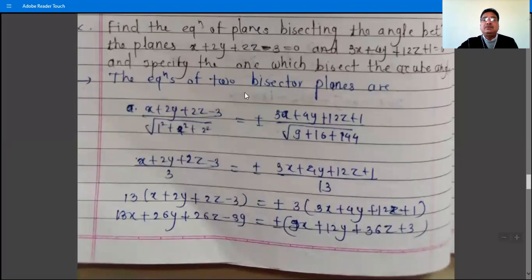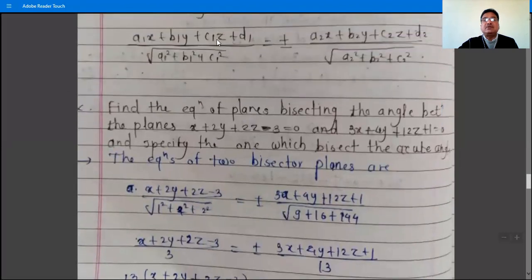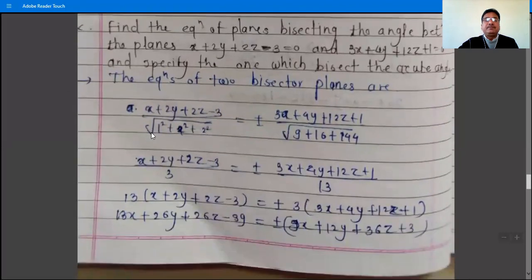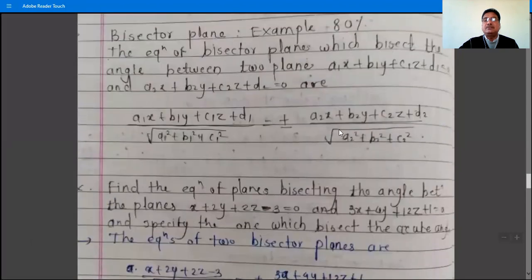So we have two bisector planes, and the equations are: write the first plane, x plus 2y plus 2z minus 3, divided by root of coefficient of x square plus coefficient of y square plus coefficient of z square, equal to plus minus, by the formula,